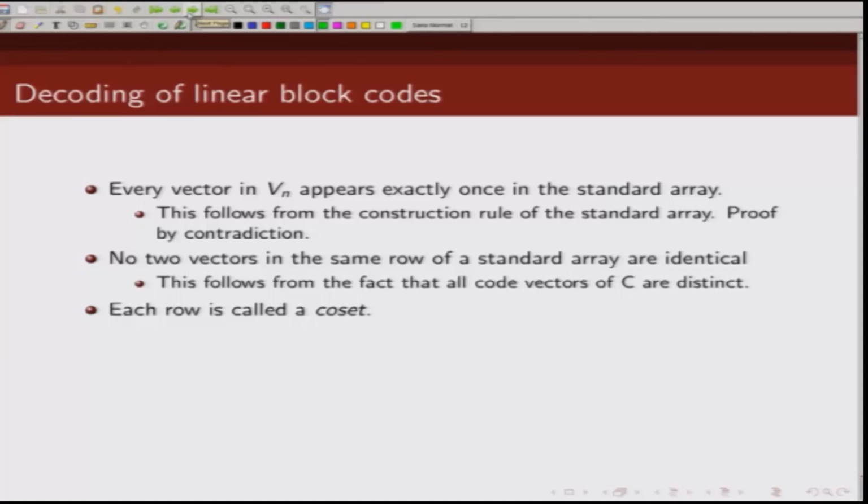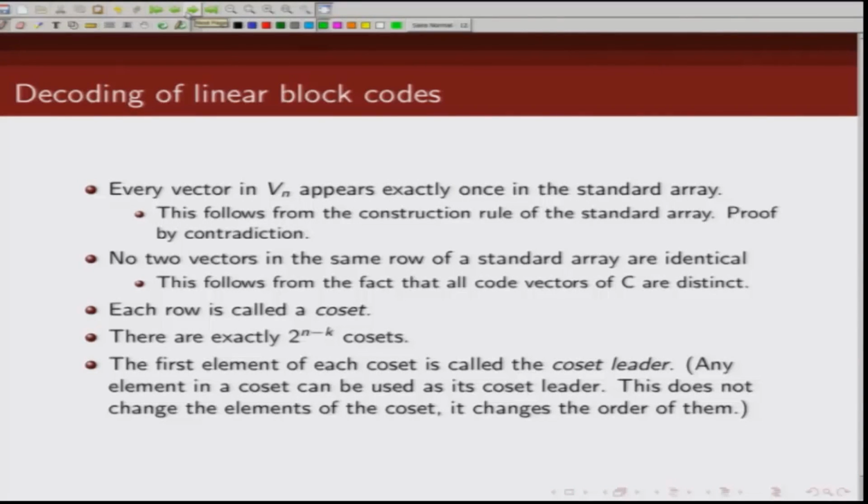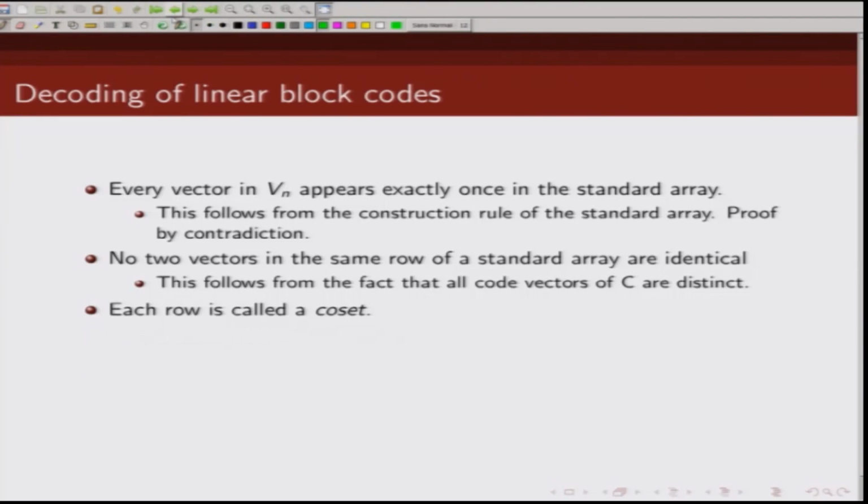We call each row of this standard array a coset, and the leftmost entry of each coset or row is known as the coset leader, and we have a total of 2 raised to power n minus k such cosets. Now, the question is, can we make any other element our coset leader? So, if you just go back here,